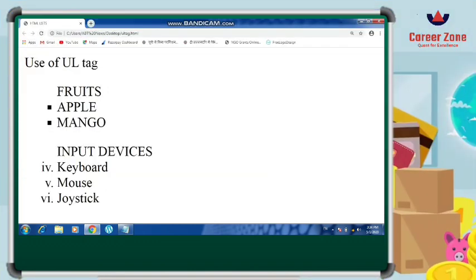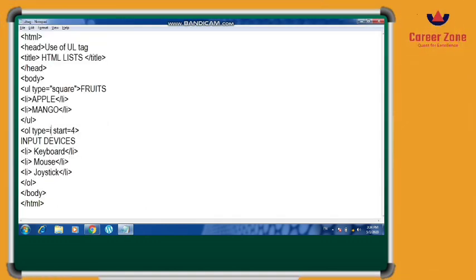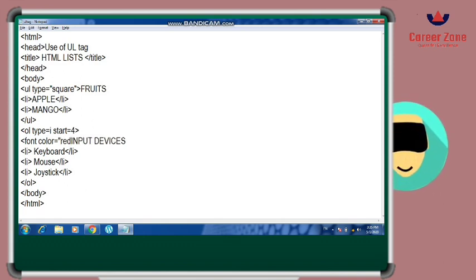And if you want to apply any kind of writing style, like the font style which we have learned in the last video, say you want to give a color to your OL heading, you can simply start the font tag here. Font color is equal to red. Okay, and you can close the font here. Anything can be applied.